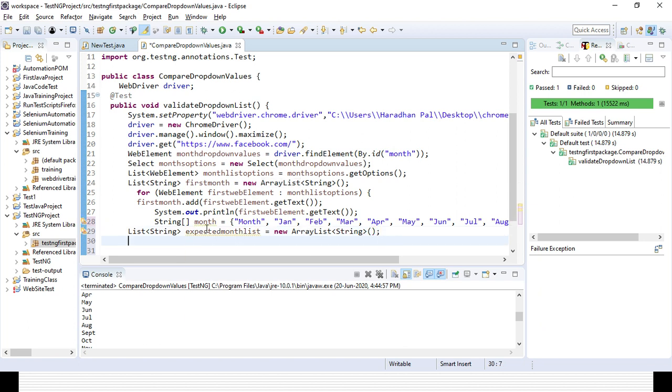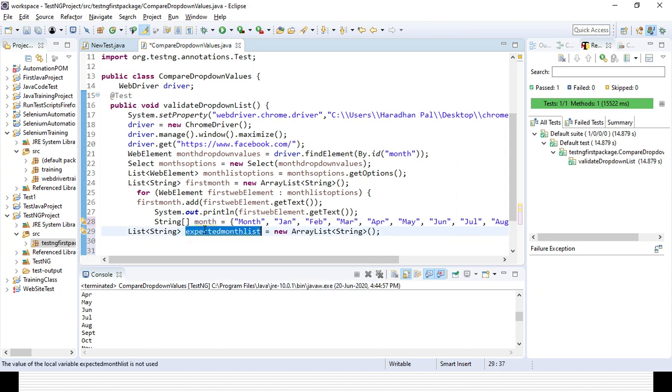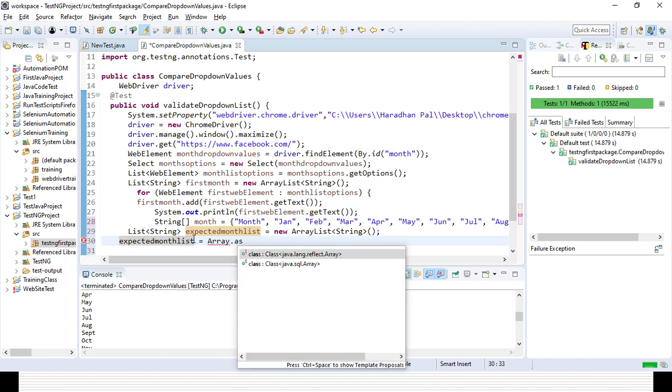Okay. Now we need to convert it, right? Month list equal to Arrays dot asList.